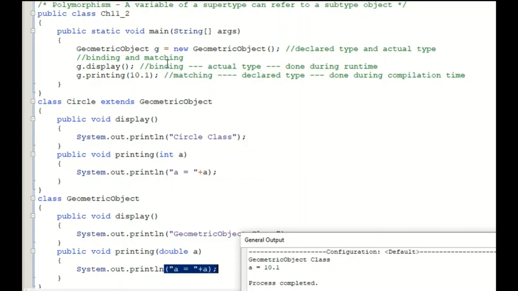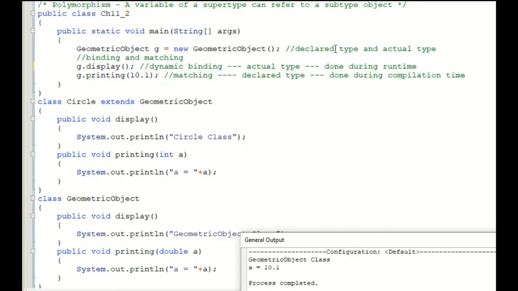So this one is called dynamic binding. Basically, I say binding, but you can refer to it as dynamic binding, because in case of dynamic binding, the actual type is used. If you are using the declared type, then it is called static binding. Okay. So for dynamic binding, the actual type is used, and for static binding, the declared type is used.